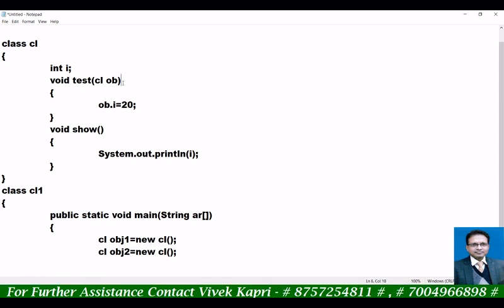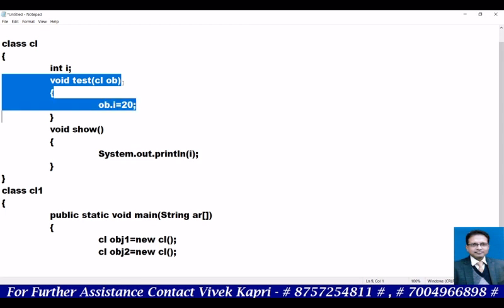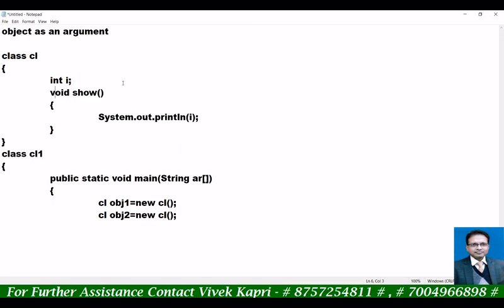I am making the program a little shorter. Remove it, keep only one method and pass cl ob, and try to print ob.i, then it will be more clear.